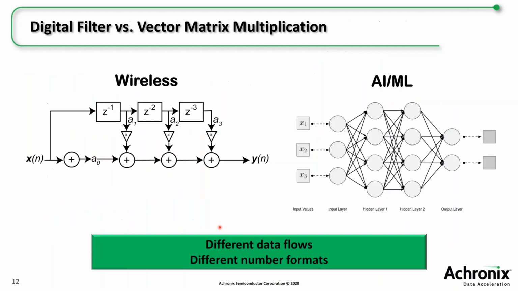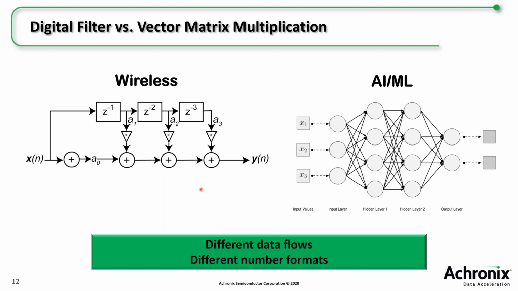Now let's look side by side at the architecture of the two different things. If we look at a wireless application on the left and an AI ML application on the right, as you can tell, they've got very different data flows. The wireless application is going to have these delays up here, and then there'll be a weight applied to the data, and then a summation. So this works very well with a cascade path connecting DSP blocks, but it has a relatively limited amount of memory